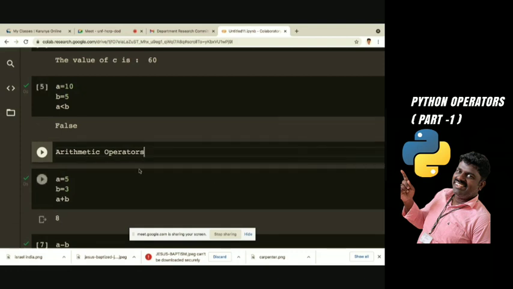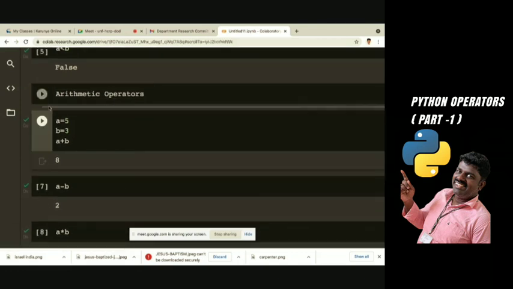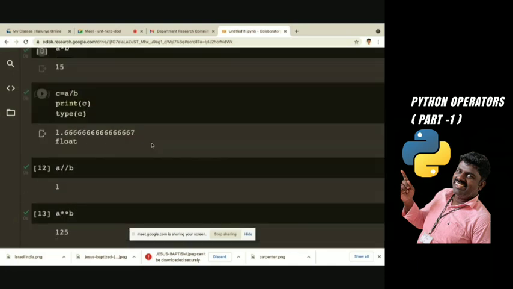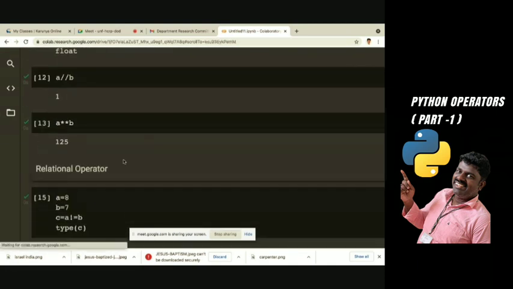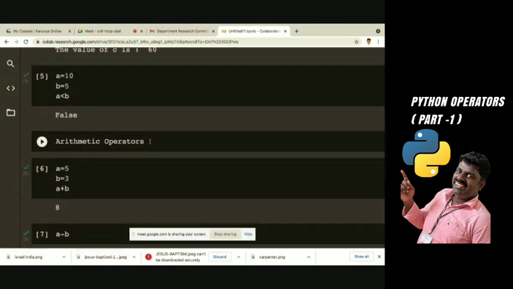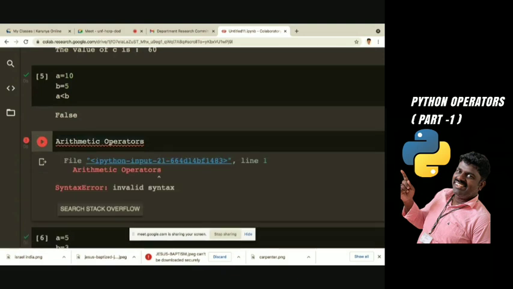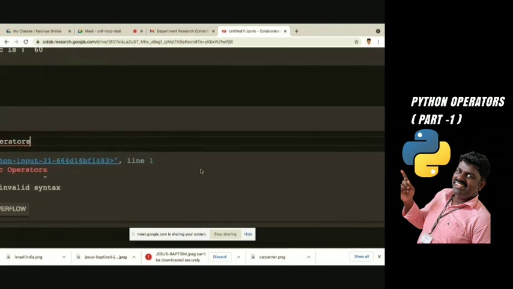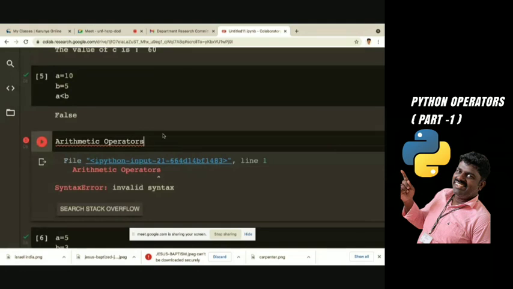Relational operators. Instead of putting a text box, I have put code. That's why it's showing an error. That's why I put it simply as equals.